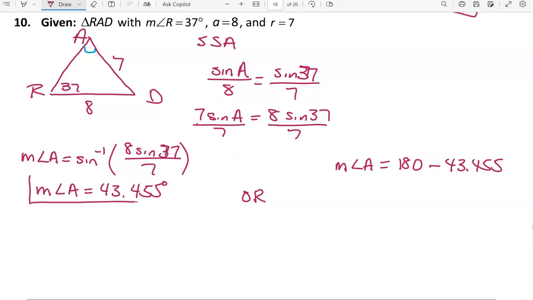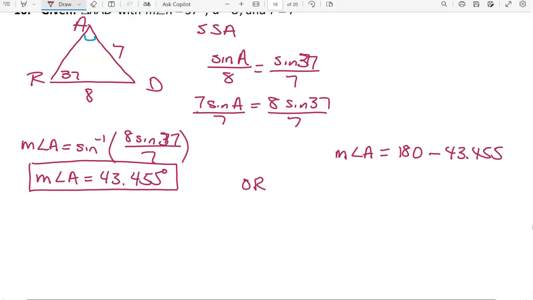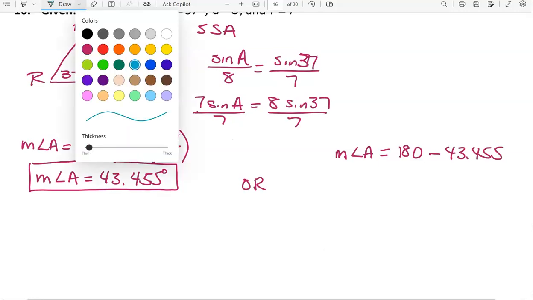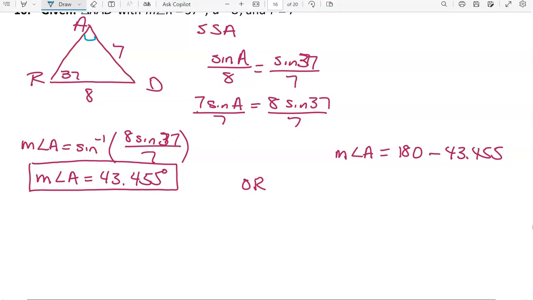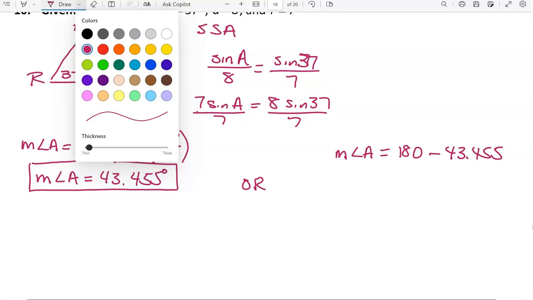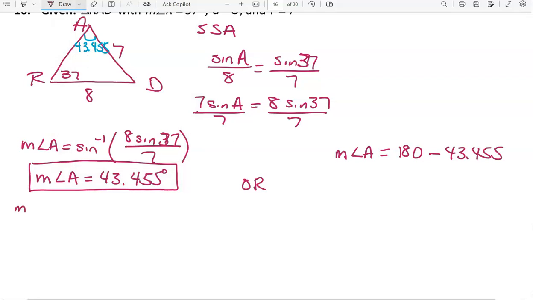So this first column on the left will be for the first solution, and that second column will be for our second solution. Let's go ahead and label what we now know to be part of the first solution. That measure of angle A is 43.455. And let's find immediately the third angle. Since we already have two angles, the easiest thing to find next is the measure of angle D, which is 180 minus 37 minus 43.455. So measure of angle D is equal to